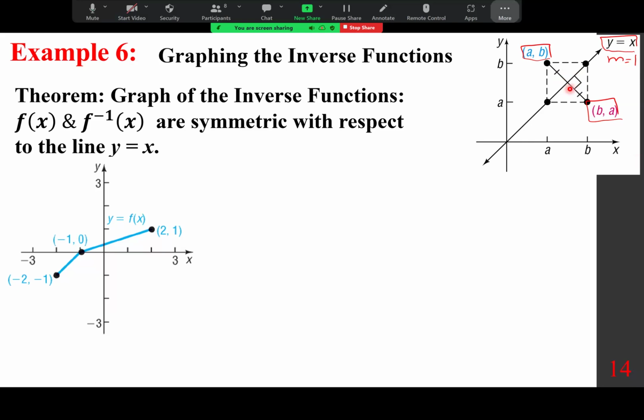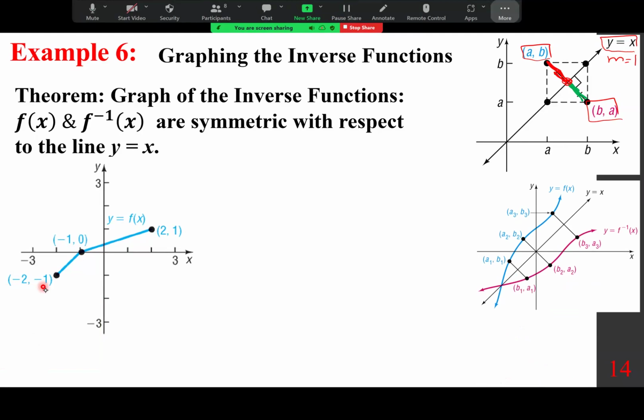So the reason I want you to see this is a 90-degree angle. So you can calculate the slope easily. And then all you have to do is find the point of intersection between these two lines, which is this point. And then this distance, you have to show this distance using the distance formula is equal to this distance, which is easy to show. And again, finding this. In any event,